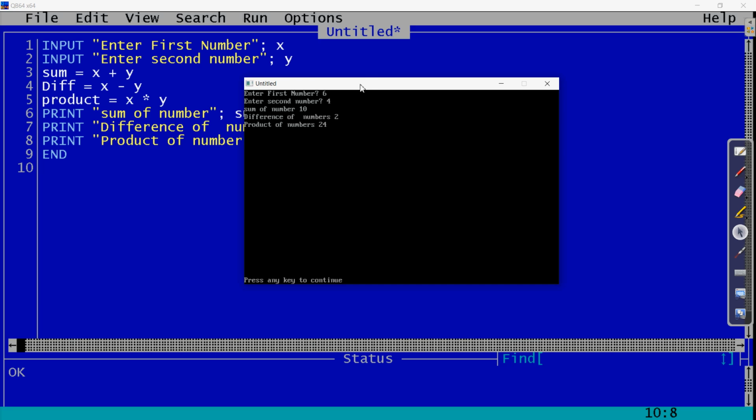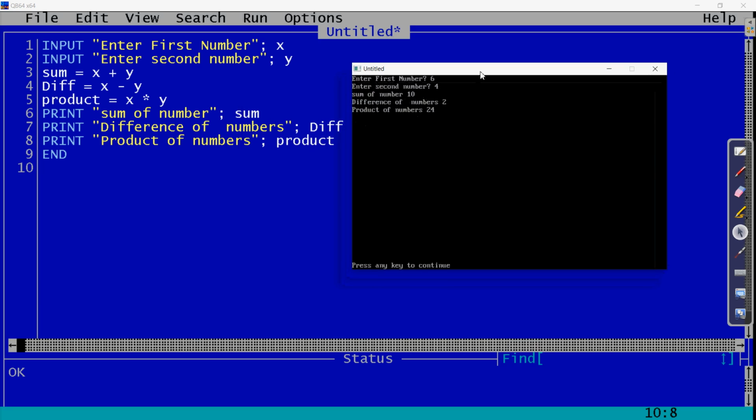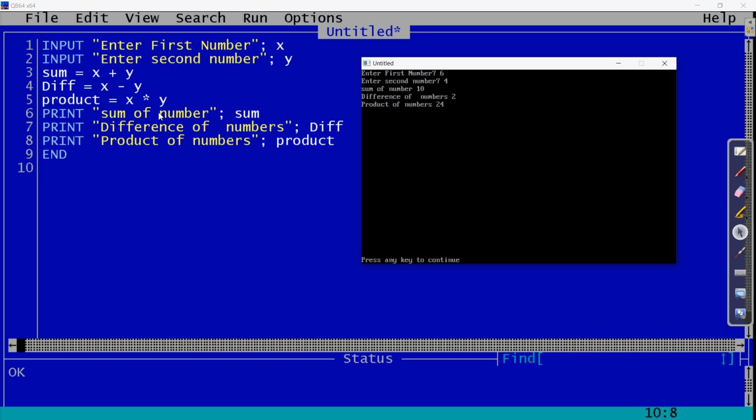So it gives you the three print statements which you have written. First was the sum of the numbers. So the sum of the numbers is 6 plus 4, 10, the same which we have written. Then difference of the numbers, 6 minus 4, it is 2. Then the product of the numbers, that is 6 into 4, that is 24. So I hope this is clear. The program is giving us the same values which we have saved in sum, difference and product, and the same is written with the print.